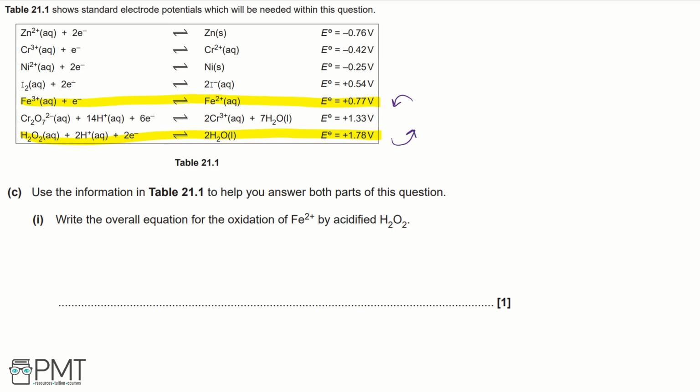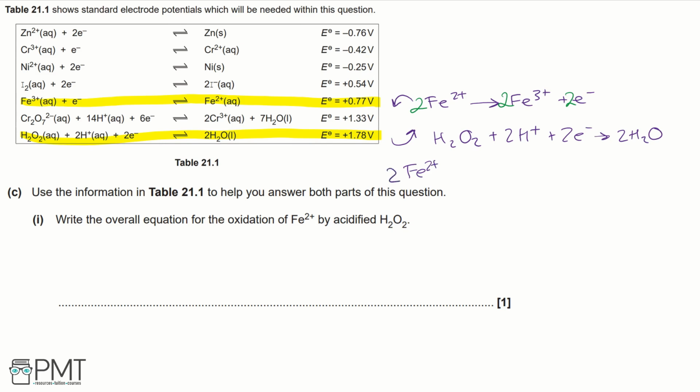So rewriting these equations, we would have Fe2+ goes to Fe3+ plus an electron, and then H2O2 plus 2H+ plus 2 electrons goes to 2H2O. Next, we need to scale the equations. So we need to match the electrons, which means we need to multiply the iron equation by 2 in order to have 2 electrons. Therefore, writing the overall equation, so far we would have